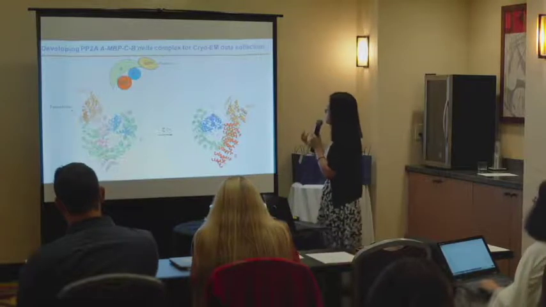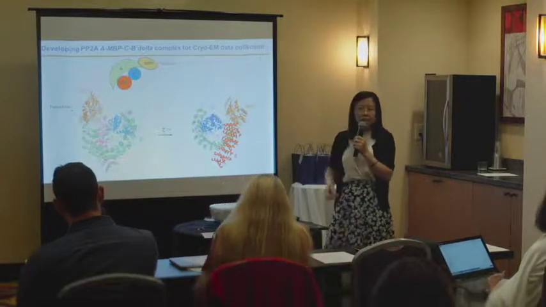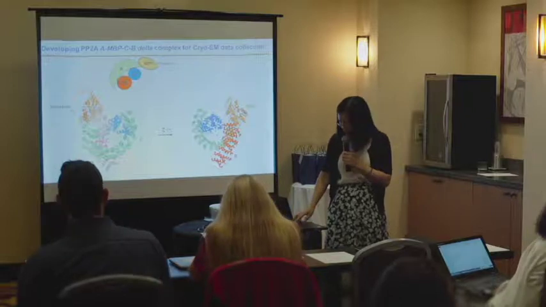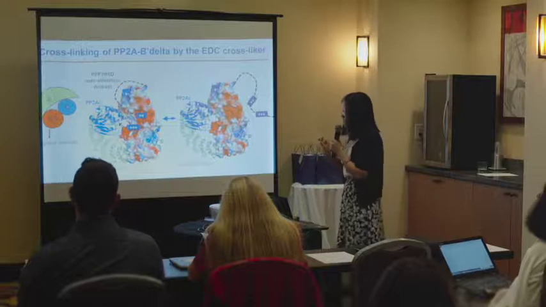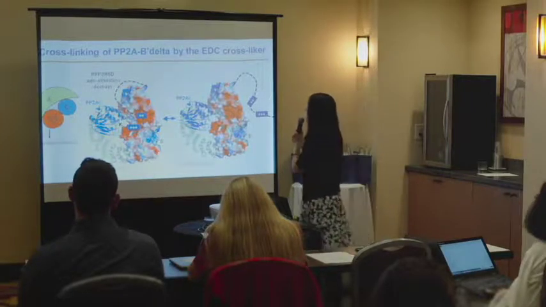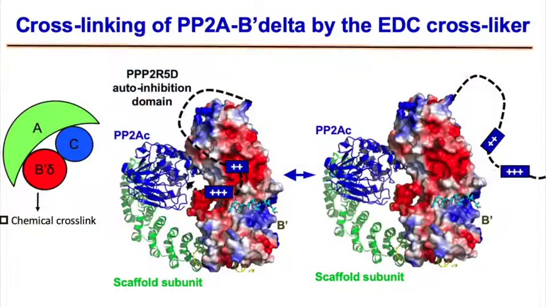MBP can also generate easily identifiable Fab, which could facilitate the cryo-EM study as well. Another important approach is chemical cross-linking, because, as we mentioned, the B prime delta holoenzyme has a C-terminal extension, and it might dictate charge interaction with the core part of the base B prime subunits. And to some level, although it may breathe, open up the conformation, and that introduces the heterogeneity